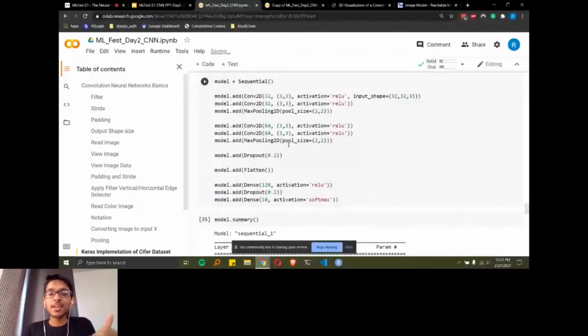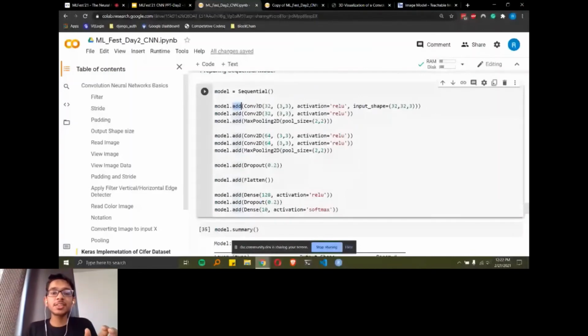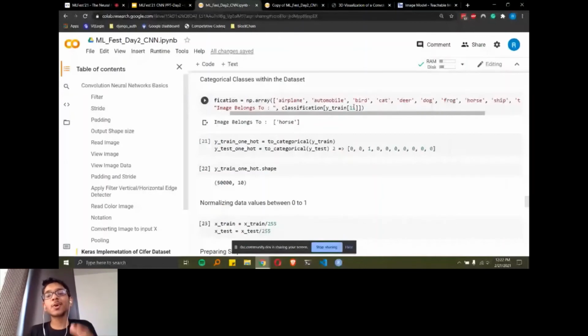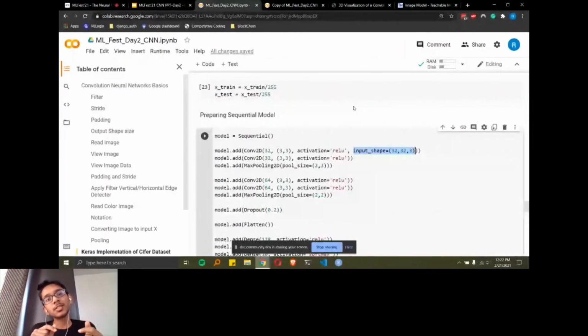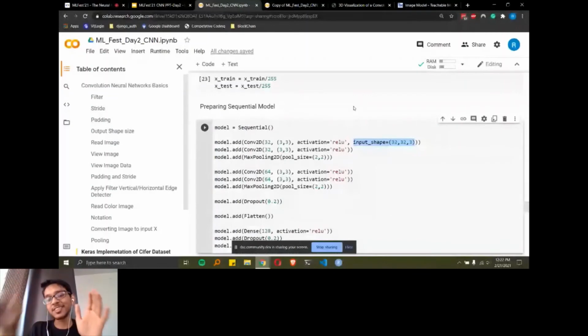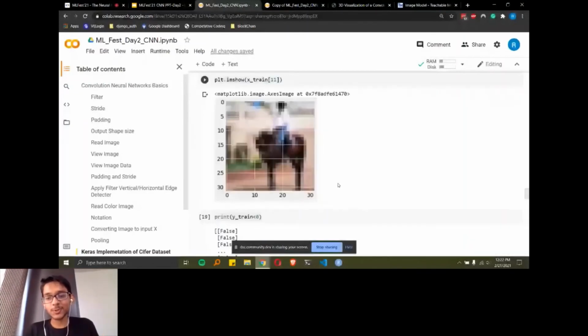Here we are adding a convolution 2D layer and we are passing 32 as filters. So 32 kernels will be created for that, and the kernel size we have specified as 3 by 3, and the activation function is ReLU, and then the input shape of the image. When you see the specification of this particular data set, CIFAR-10, you will get to know that all the images are in the 32 by 32 pixel size format. That's why they are so blurry, like only 32.